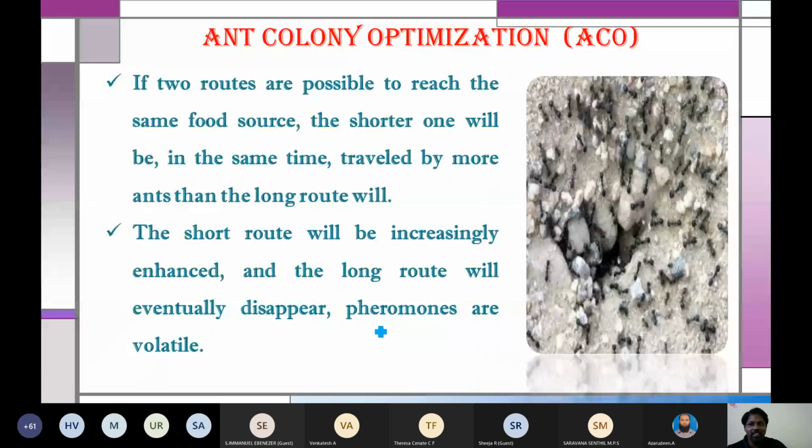You can see then it's best suited for the traveling salesman problem, right? Because traveling salesman is about the shortest path. That's why ant colony optimization was first applied to the traveling salesman problem. Now it's applicable to most other problems as well. And two things you need to understand: whenever pheromones are secreted, they are volatile. They will evaporate with respect to time.